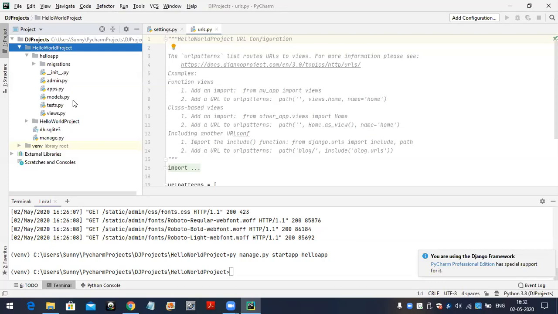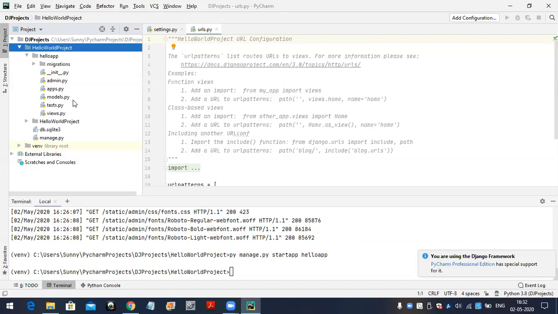Whatever database tables you want to create, for all those tables the corresponding model classes we have to define inside the models.py file. Suppose you want a student table, teachers table, customer table, employee table: all the model classes we define inside models.py.